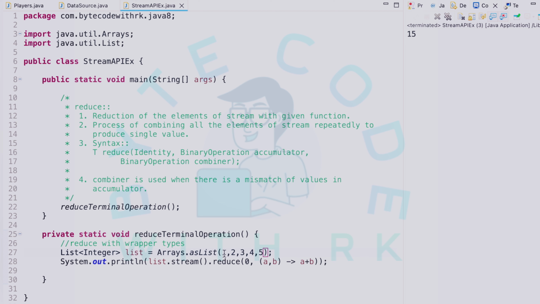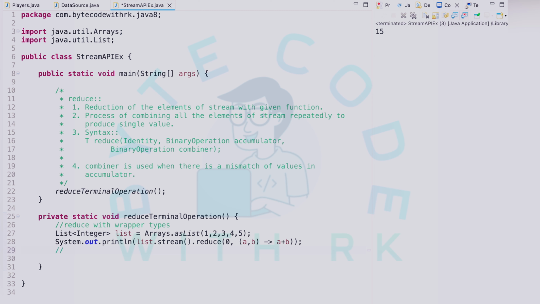So initially it will take 1 and 2 as a and b. A is 1 and b is 2. Then it will do the sum: 1 plus 2, which gives 3. So now the value in a is 3. The result of the accumulation is stored in a, and then the next element in the list is taken. We already took 1 and 2, so now we are taking only one element, that is 3,